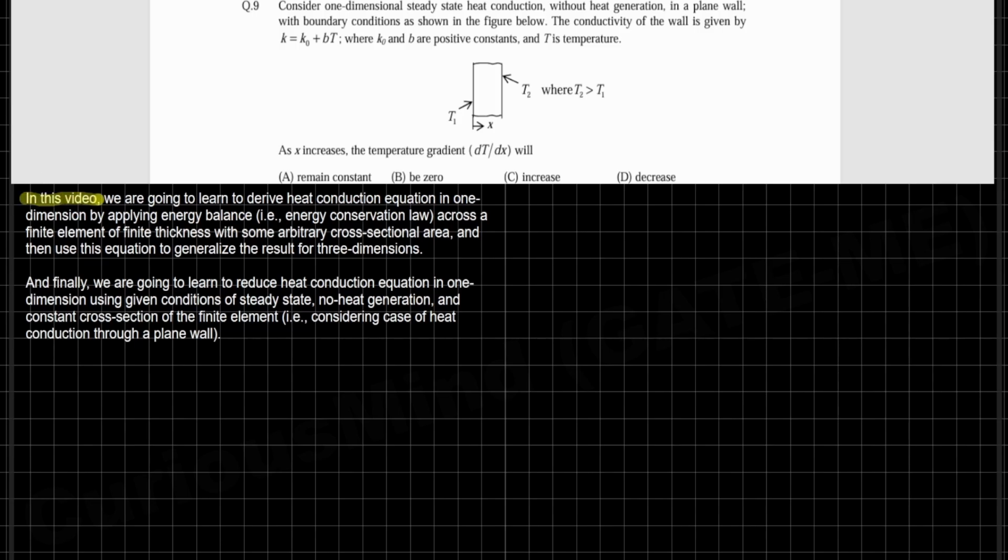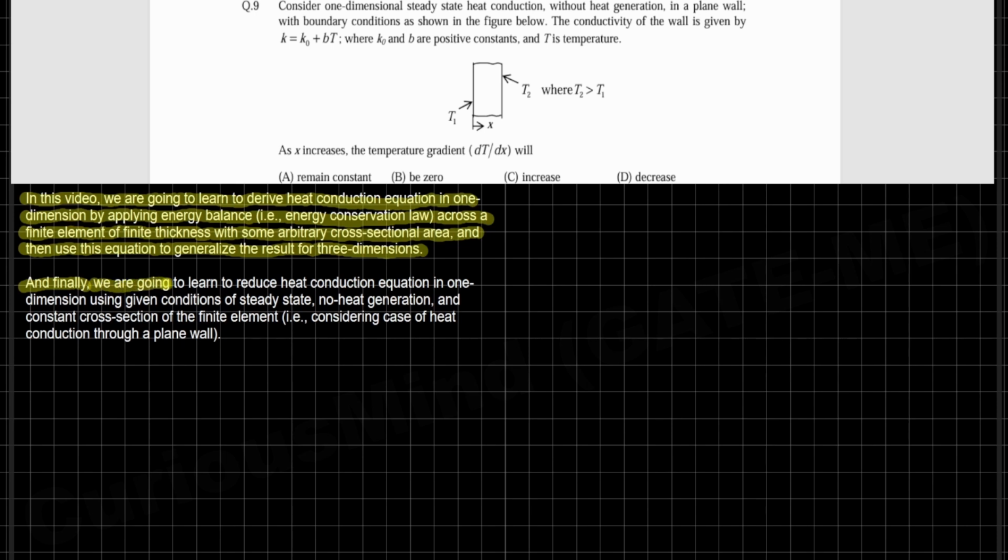In this video, we are going to learn to derive the heat conduction equation in one dimension by applying energy balance, that is the energy conservation law, across a finite element of finite thickness with some arbitrary cross-sectional area, and then use this equation to generalize the result for three dimensions. And finally,